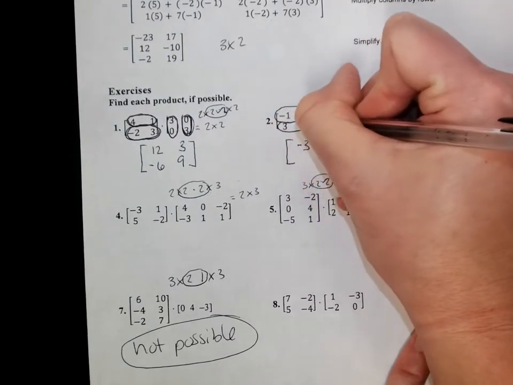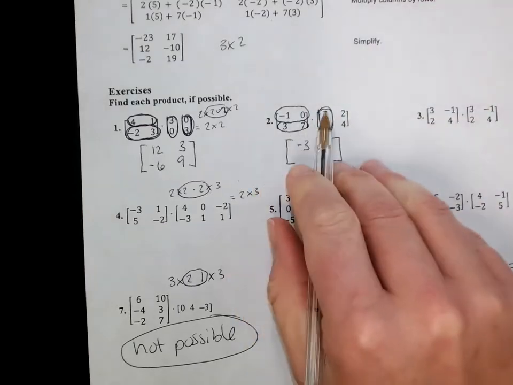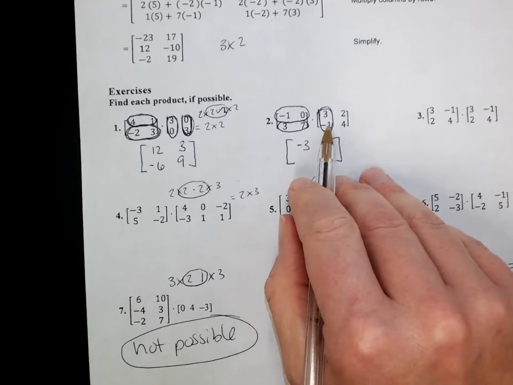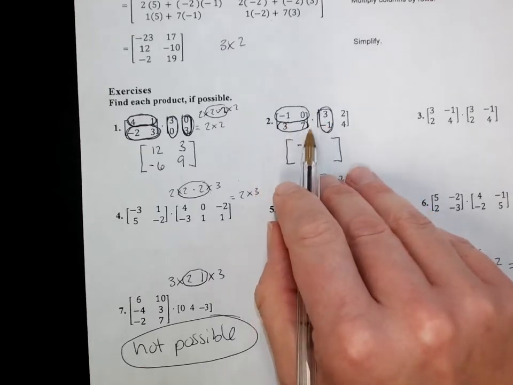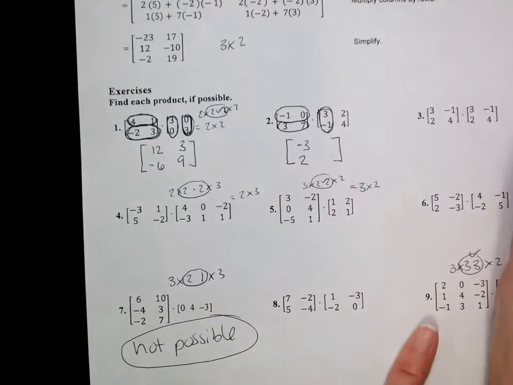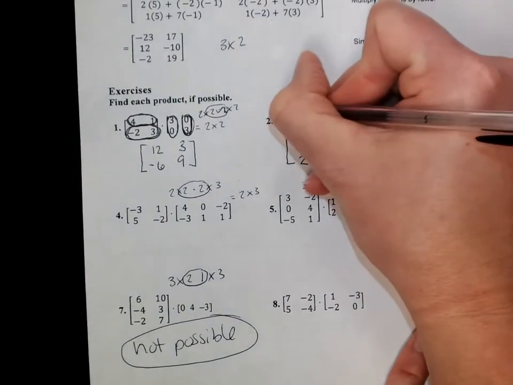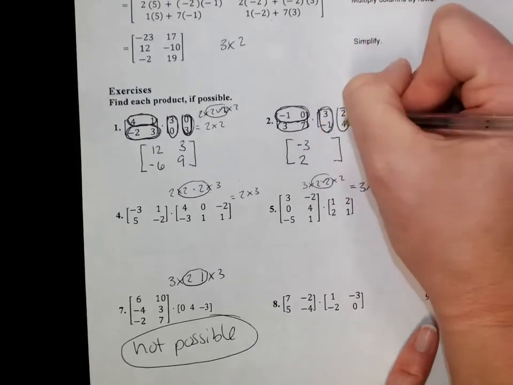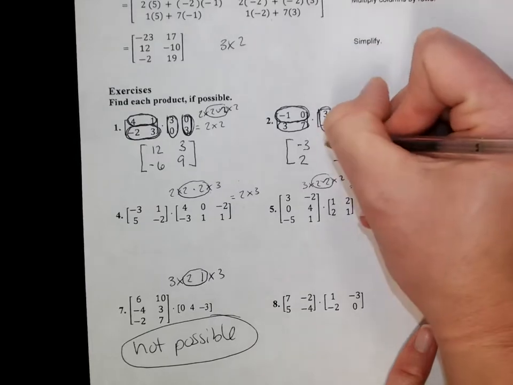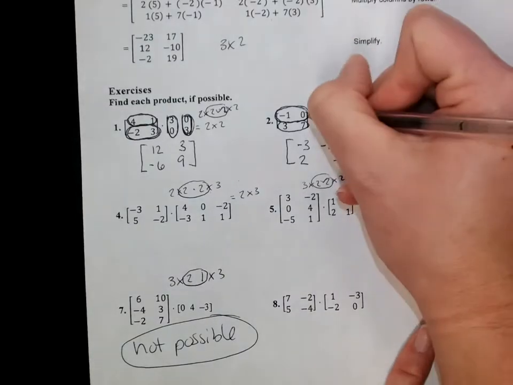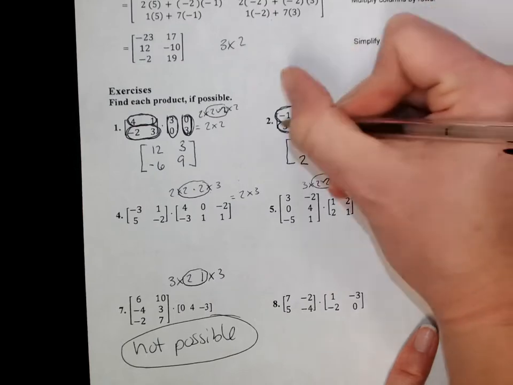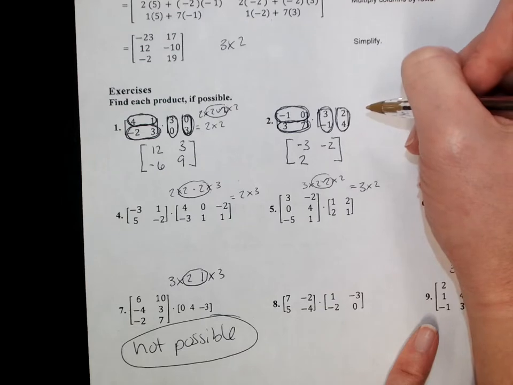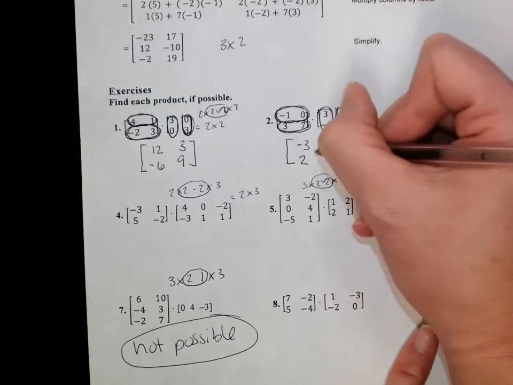And this row times this column. So again, 3 times 3, 7 times negative 1. 3 times 3 is 9. 7 times negative 1 is negative 7. 9 plus negative 7 is 2. Okay, same thing with my second column. So first row, second column, negative 1 times 2 plus 0 times 4, negative 2, 0, negative 2. This one times this one, 3 times 2 is 6, 7 times 4 is 28, 6 plus 28 is 34,